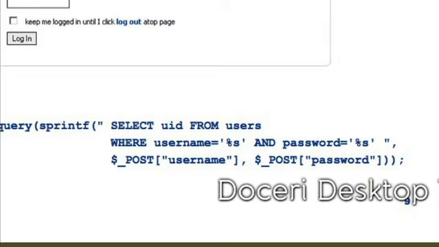In this case, I have a placeholder %s, another placeholder %s, and that means that the next two arguments to sprintf, here's the first, here's the second, are going to be plugged in for those placeholders. And it just makes things a little more readable. I don't have to use the concatenation operator, the dot operator. I don't have to use the curly braces. It's just one way of constructing a SQL query without doing it all very manually.